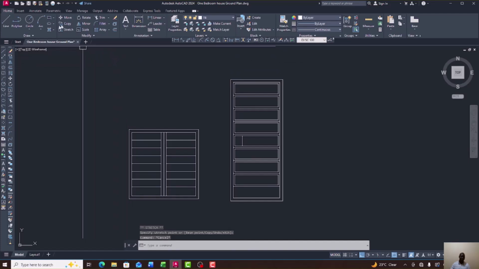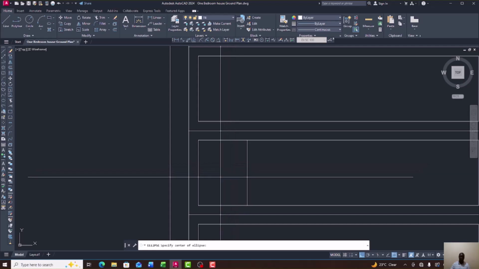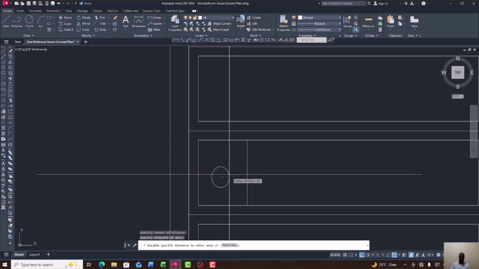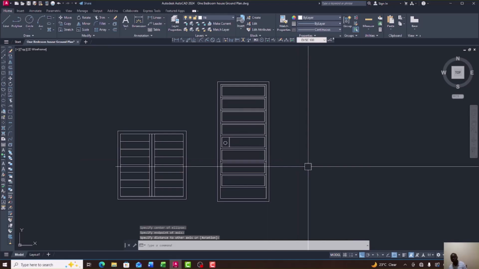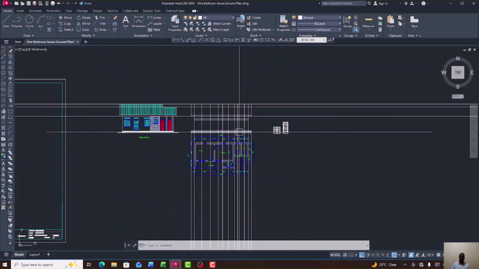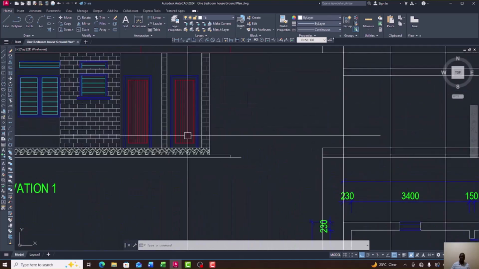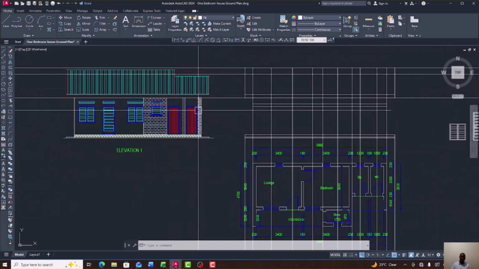And we pick a circle. So we have represented our door. I've finished drawing the door. So the next is to fix the doors in position. This door, we can also draw it. This door is